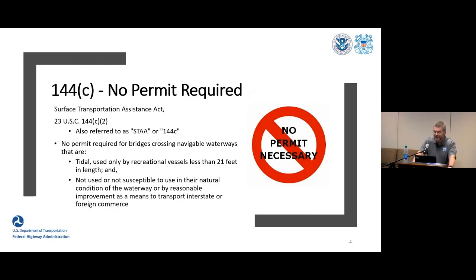23 U.S.C. 144(c)(2), or more commonly referred to simply as 144C. Bottom line, no bridge permits will be required for a proposed bridge to be built across a waterway that is tidal, but used only by recreational vessels less than 21 feet in length and/or are not used nor susceptible to use in the natural condition of the waterway or by reasonable improvement as a means to transport interstate or foreign